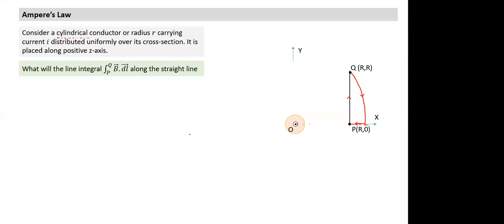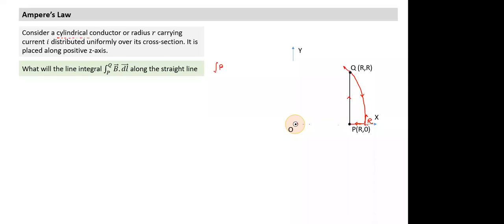Yes, sir. Okay, so in that case, what happens? If I know the value of B at this point, since I have taken a circular arc, everywhere the field is equal to B. So what is the line integral? Let me call this P, Q, and this point is R. How would I write this term? It forms a loop. Can I solve this one? Yes, I can write something like this.